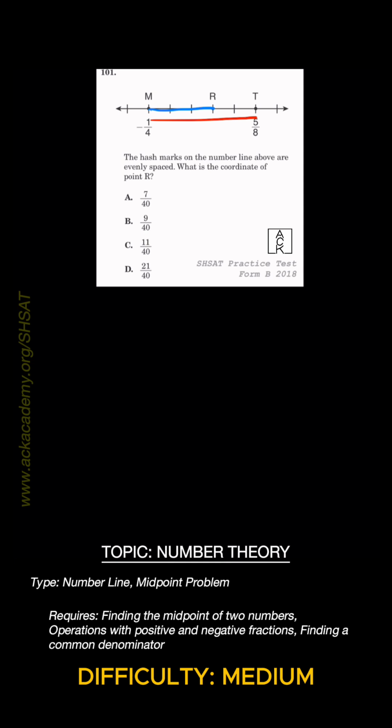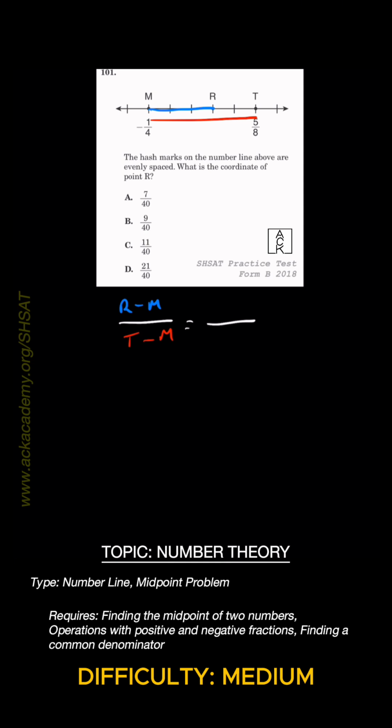So we can say that the distance between M and R is equal to R minus M, and the total distance between them is equal to T minus M. And that is equal to